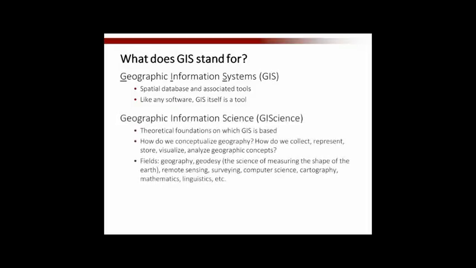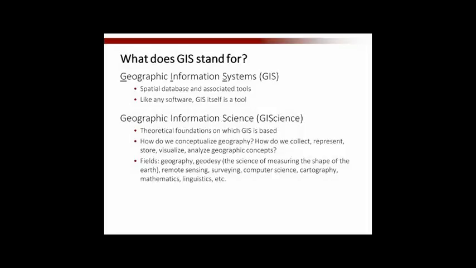Geographic information science is the theoretical foundation on which GIS, the software, is based. And it really covers how we conceptualize, think about, talk about, and analyze geographic concepts. GI science comes out of the field of geography, but has a lot of affinities with fields like geodesy, which is the science of measuring the shape of the Earth, something like remote sensing, surveying, computer science, cartography, math, linguistics. I would include in this list environmental science and history, which all have important spatial components and which contribute to